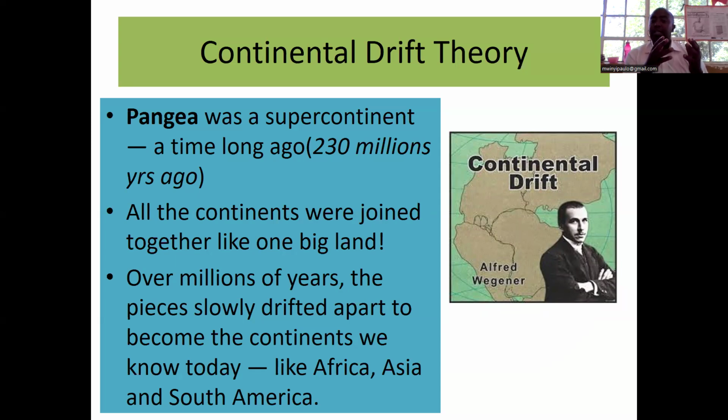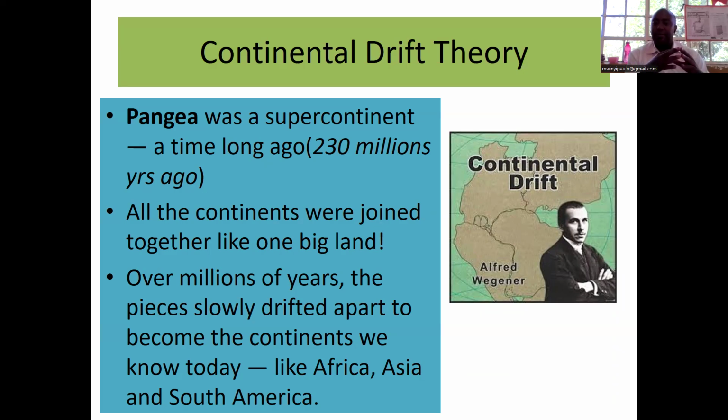All the continents were joined together like one big land. Over millions of years, the pieces slowly drifted apart to become the continents that we know today, like Africa, Asia,